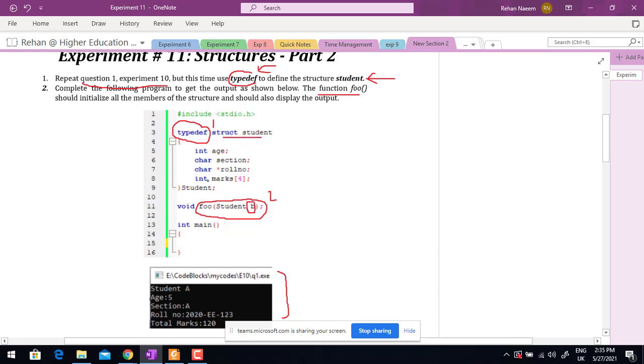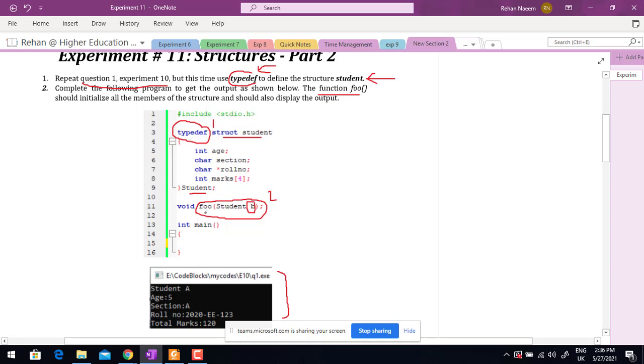So struct student is defined over here, and this variable b is of type struct student. So basically you are passing a variable of type struct, or in other words you are passing a structure to the function, or you're using structure as an argument of function foo.